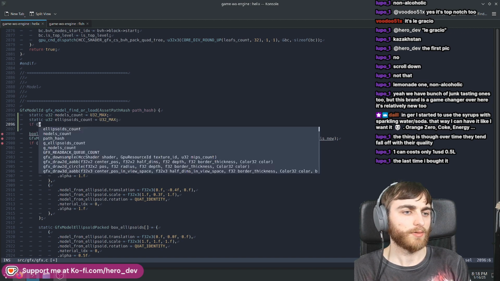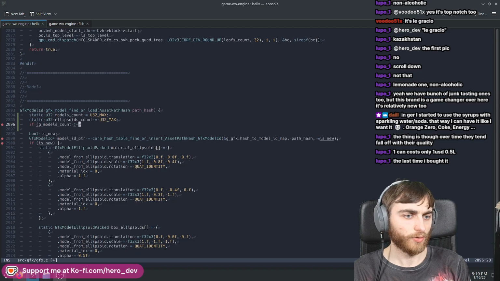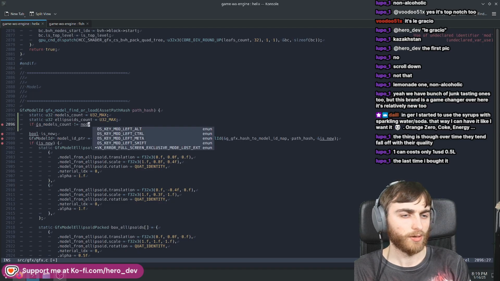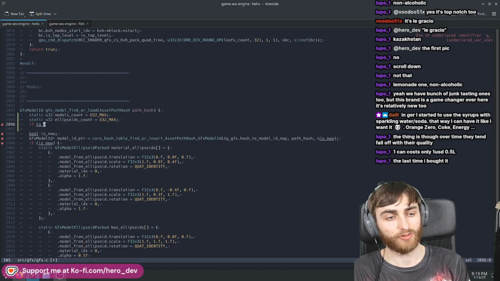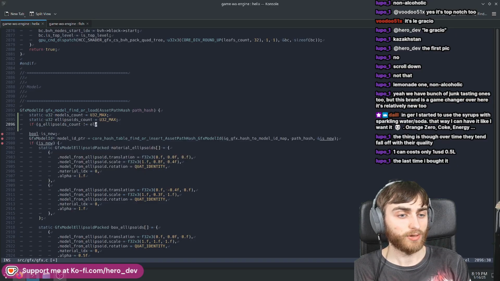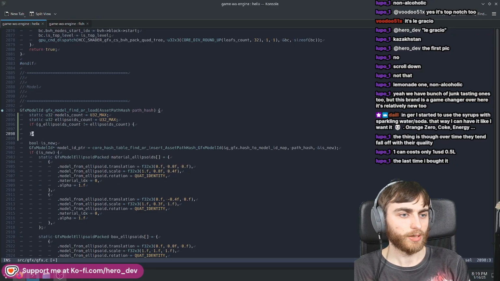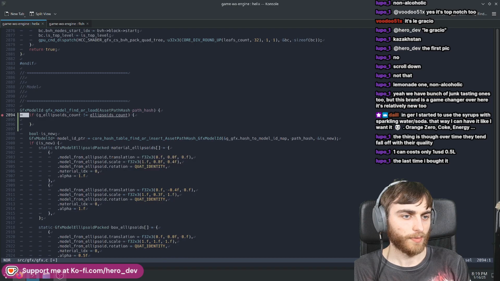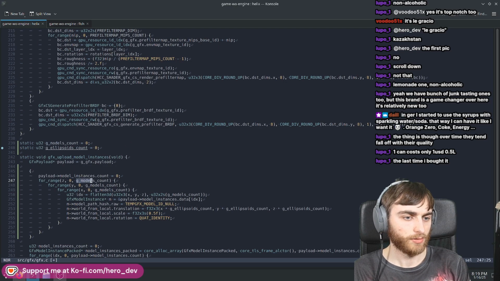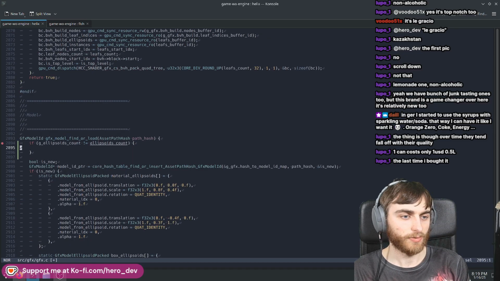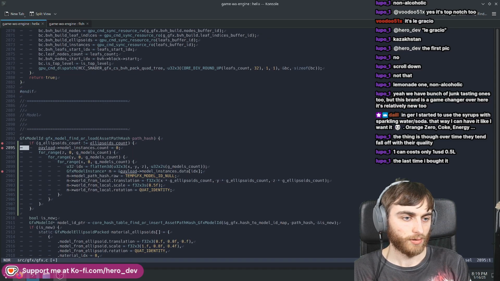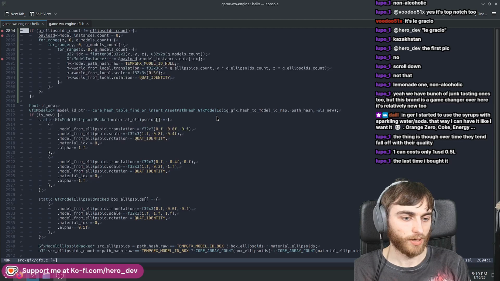So we go, okay, if G models count is not equal to models count, well, we're just talking about if you change the ellipsoids actually. So if that's not equal to that one, all we're going to do, now let's go back and find that G models count again. Let's get this 3-dimensional thing, and we're basically going to do the same thing here and initialize what's known as